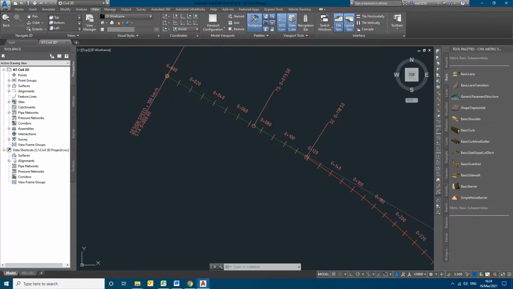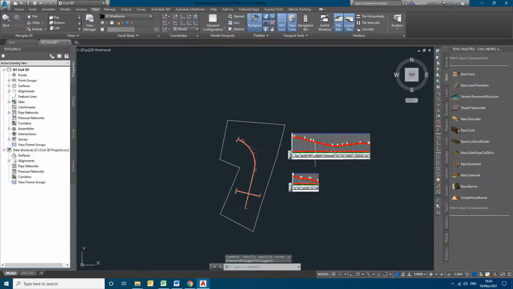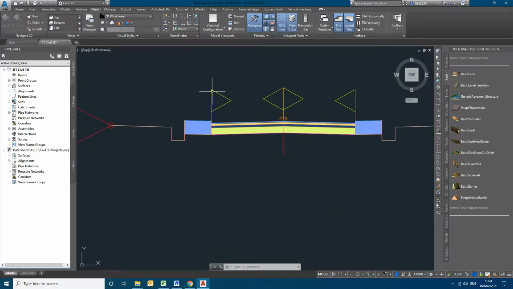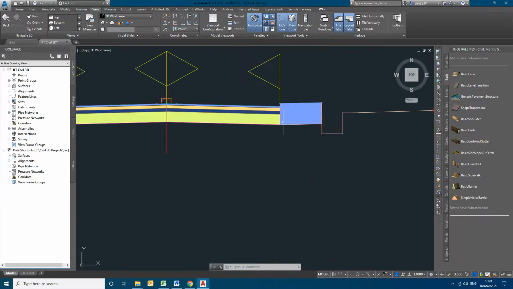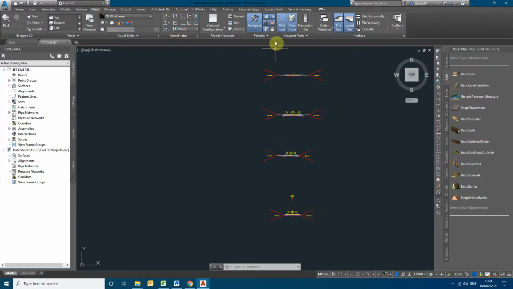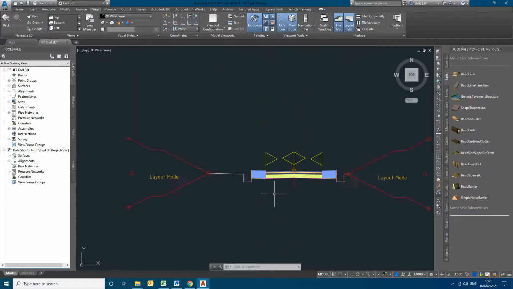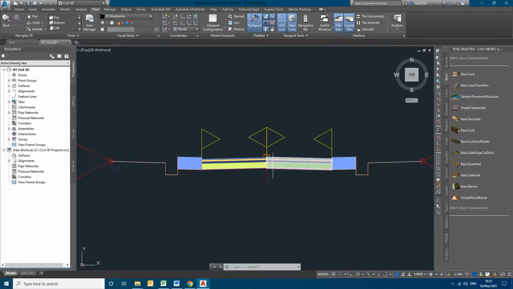So first, for creating the assembly, I had already made a few assemblies here and kept them aside. These are for reference. By keeping this as a reference, we will be creating an assembly here. In this similar assembly, we'll try to create one assembly, and we will run the corridor. So for this I want to take this assembly, which is the 26-meter all-course.